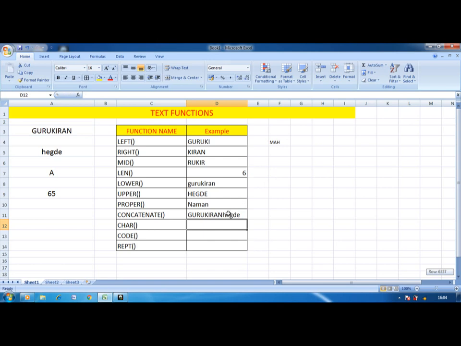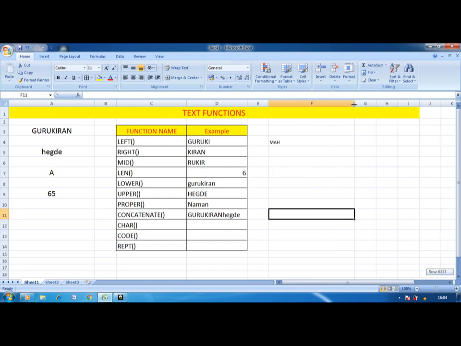Or one more example I will show here. Is equal to CONCATENATE, bracket, first name you can write Ajay in double quotes, comma, second one Bharat, third one Manasi, fourth one Rekha.